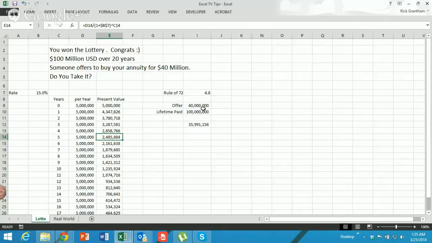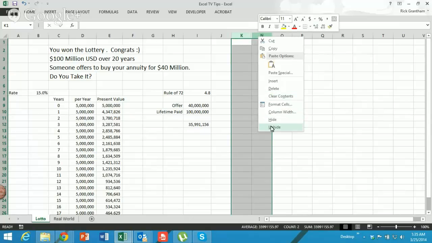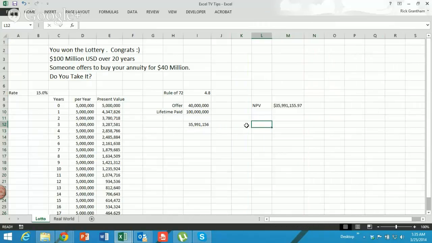But here's the offer on the table. You have $40 million as the offer. Your lifetime payout is $100 million. So instead of going through this long exercise, another way to do that is to use one of your Excel functions. Let's show that Excel function over here on the right-hand side, and then we'll talk about how that relates to business. Had we summed all of the amounts over here, as you see, your sum equals